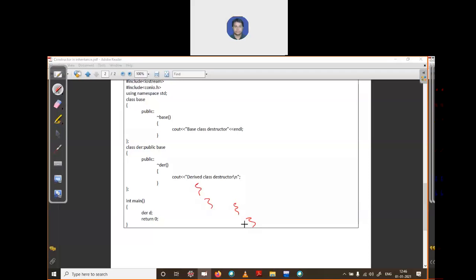So the concept of destructor is this: say your program has 1,000 lines, and those lines are divided into different blocks. When the code execution of a block is completed, the destructor will fire and delete the particular class which belongs to that block only. When the next block starts, it is not able to access those classes because they are already destroyed. If it were not destroyed and still present, it's possible this block of code could access your class. So just to protect your data or functions, we use a destructor.